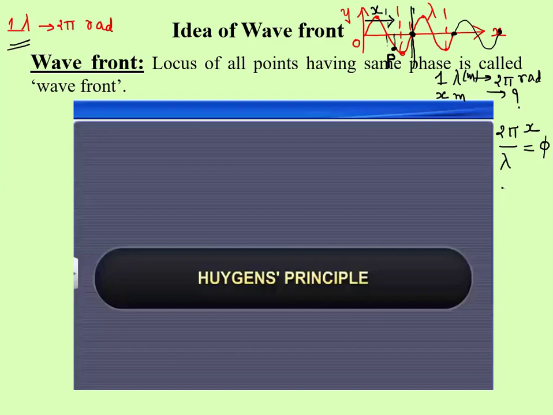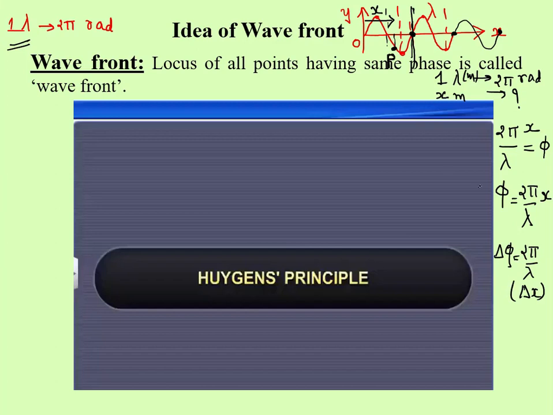So the equation of phase is 2 pi by lambda into path, or you can also say phase difference delta phi is 2 pi by lambda into path difference delta x. Remember, we have not started the wave theory that we are going to study in 12th standard yet. This is all the basic idea of 11th that I am discussing,